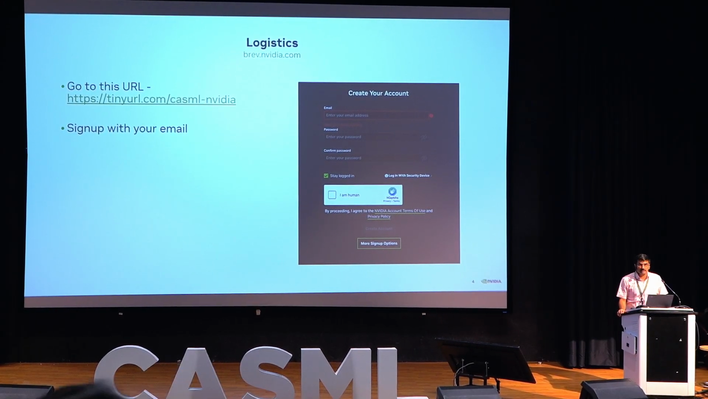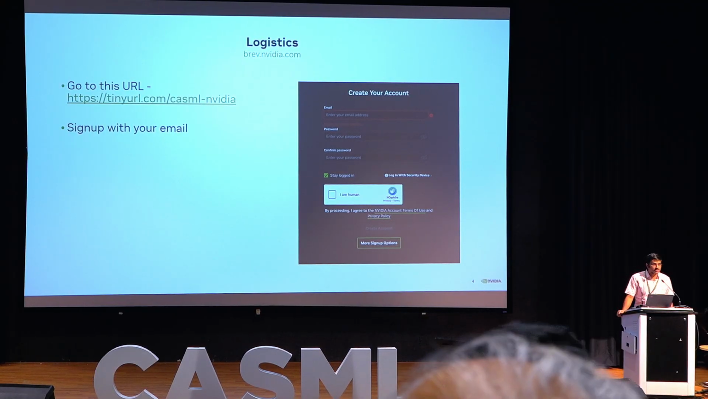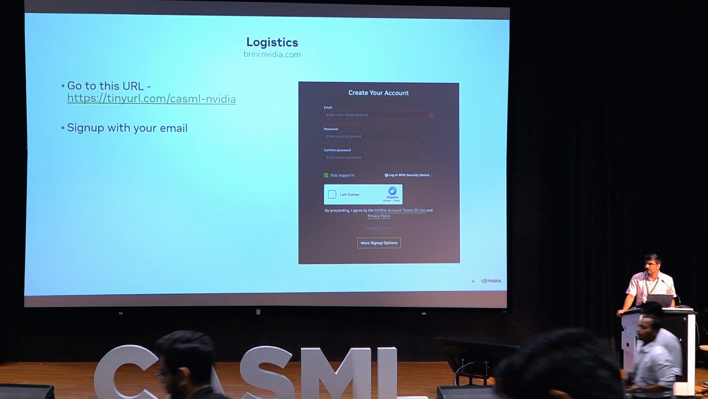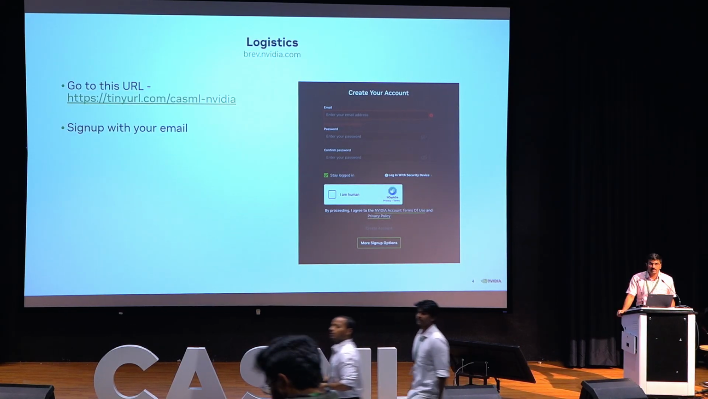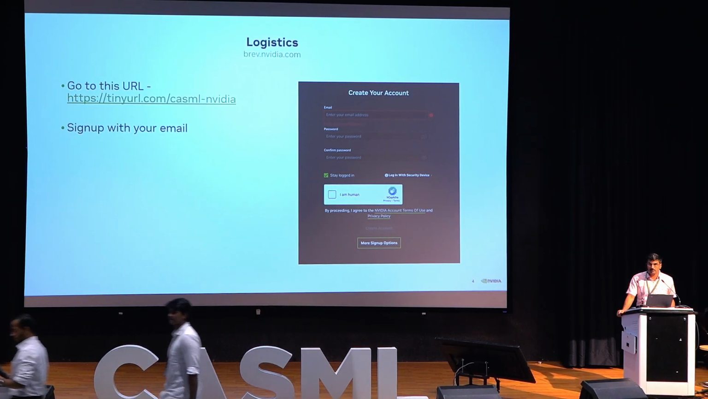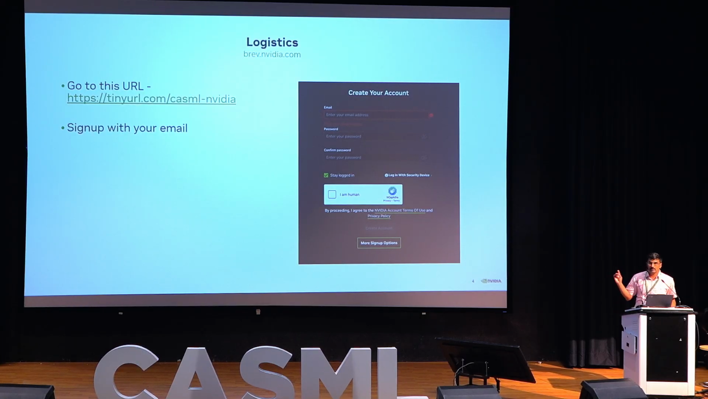And we'll start with presentations for some introductions to whatever we are going to do with respect to GPU, how to create LLMs, and all the stages that are involved in that. So by that time, the instance will be prepared. So that's why we are going to set up the logistics first. Go to this URL,